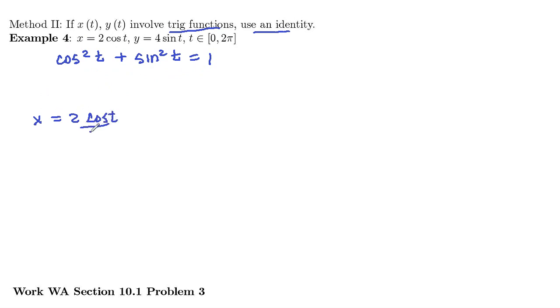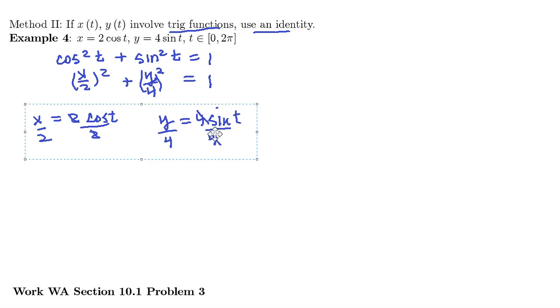then divide both sides by 2, and cosine t is x over 2. And if y is 4 sine t, divide both sides by 4, and sine t is y over 4. So we've actually got x over 2 quantity squared plus y over 4 quantity squared equals 1,